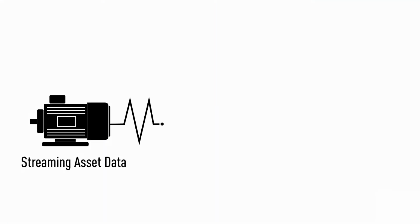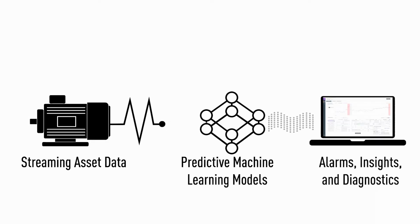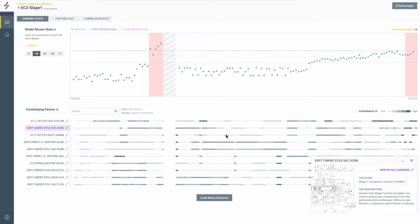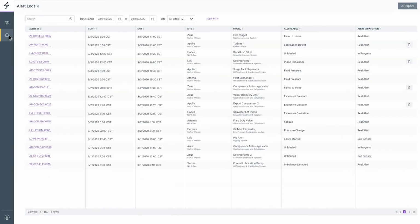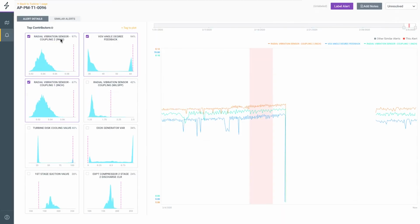SparkCognition Maintenance Advisor uses predictive machine learning models to analyze live streaming sensor data and accurately generate alarms when known or unknown machine problems are identified. Once an alarm is triggered, the work begins for a system engineer to investigate the cause and decide if or when to perform repairs. SparkCognition Maintenance Advisor helps expedite this workflow with rich visualizations that inform and guide the diagnostic